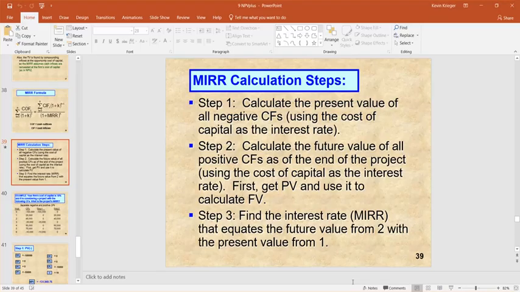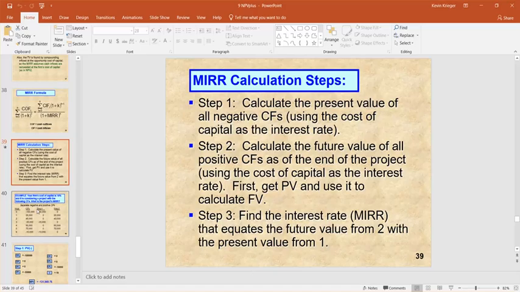This, in a pretty simple nutshell, and you could of course have access to this slide or whatever you needed to. It tells you what to do in words. Get the present value of all the negatives, and you want to get the future value at the last period of all the positives, and then find the rate that makes those 2 piles equal. I always talk about these things as 2 piles.